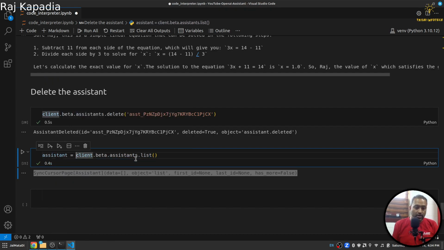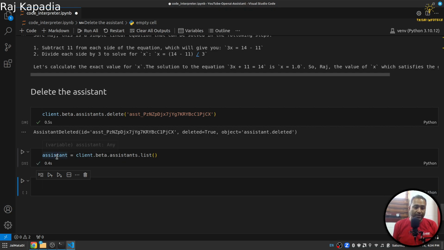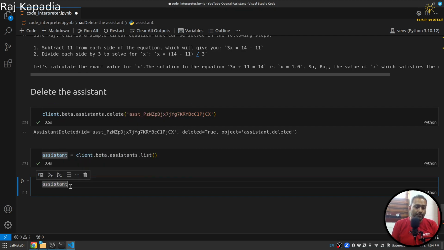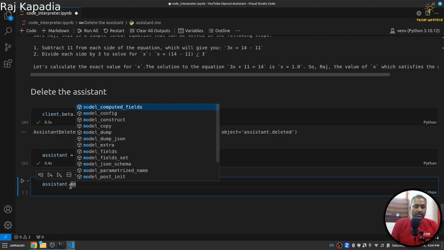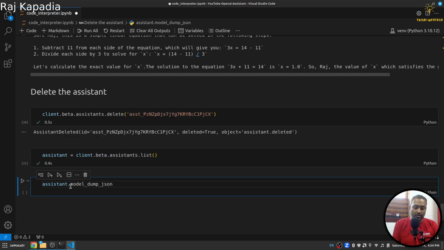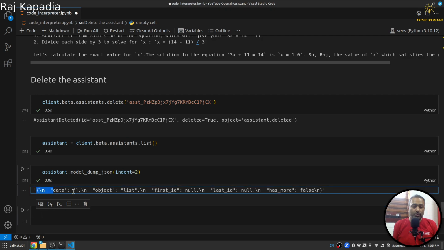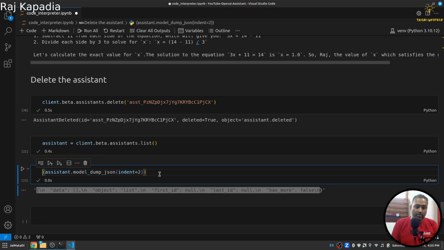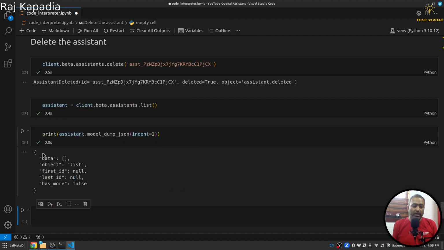One more thing: in case you want to print the objects the way I have done, all the objects of the OpenAI API, or rather the OpenAI package, have model dump and model dump JSON. If you use model dump JSON, it will JSONify and stringify that. You can provide the indentation as well. So in this way you can see the response, and if I print this, we'll see a smooth output as well. So this is